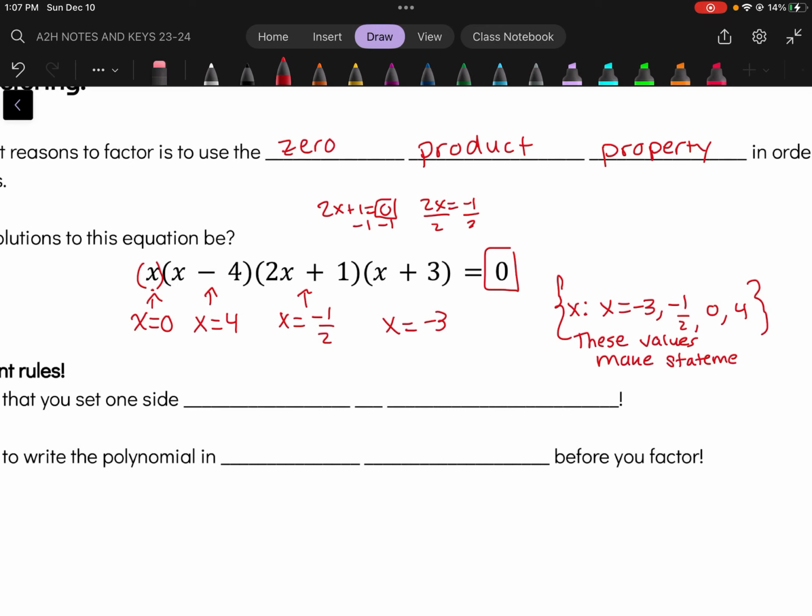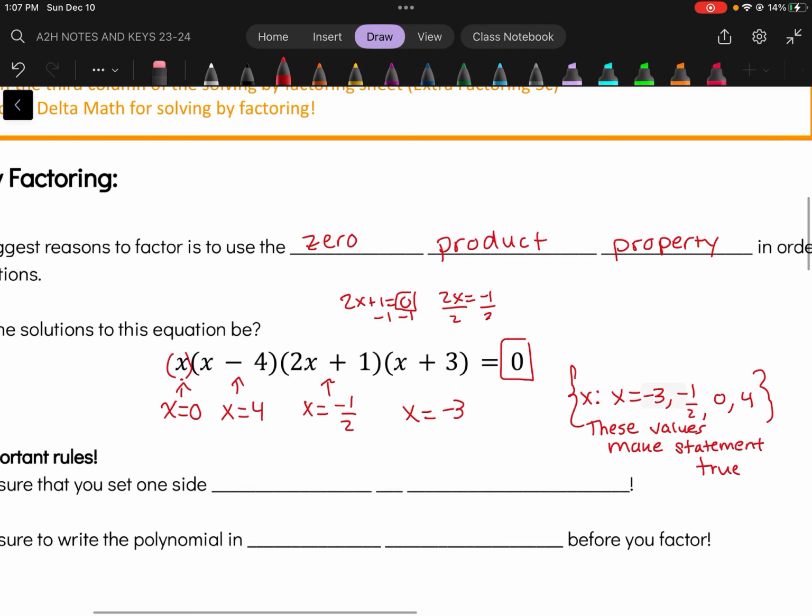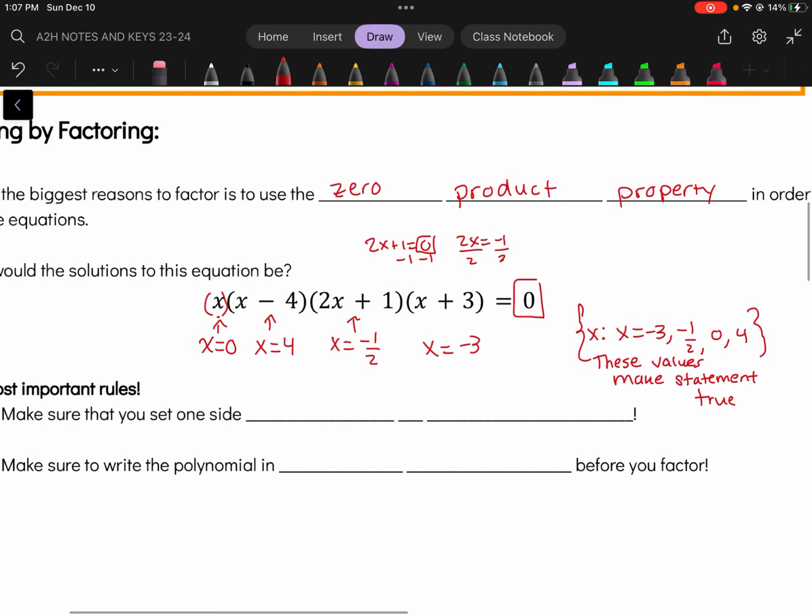So there's only really a couple things you need to make sure you do before you solve. Make sure that you set one side of the equation equal to 0. You absolutely have to do this. This zero product property only works with 0. It doesn't make much sense to do with any other number, because it's so easy to see. All you need is one factor to be 0 for the entire side of that equation to